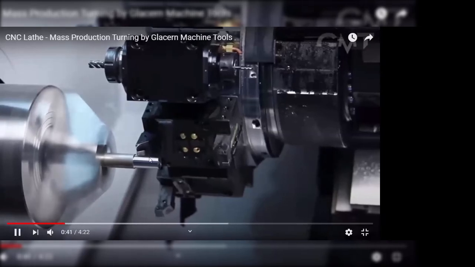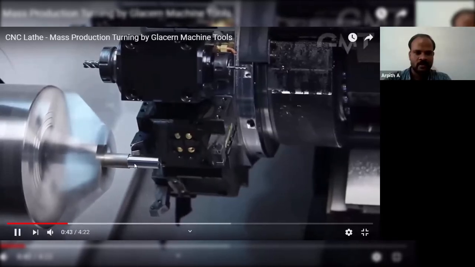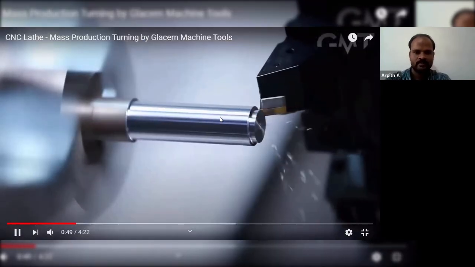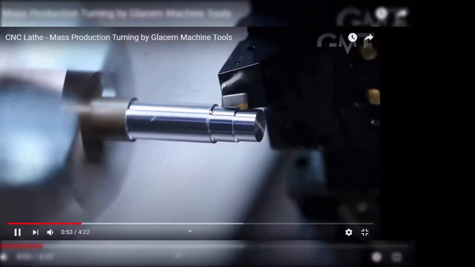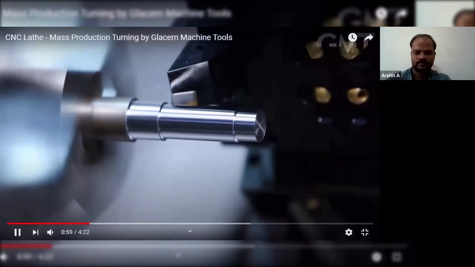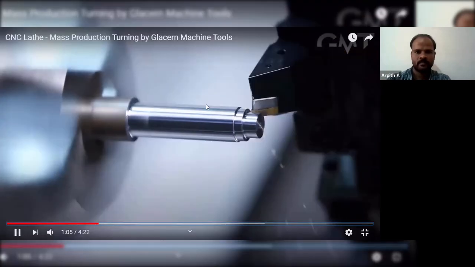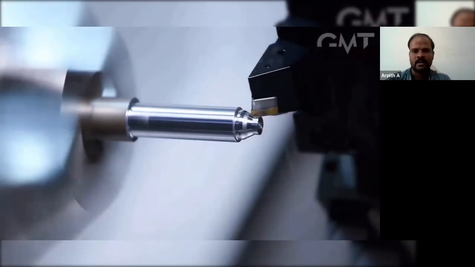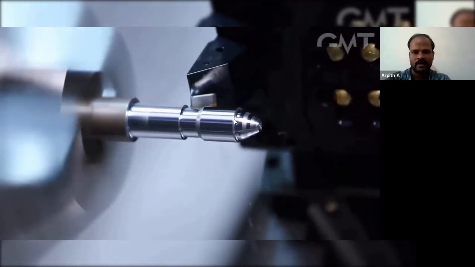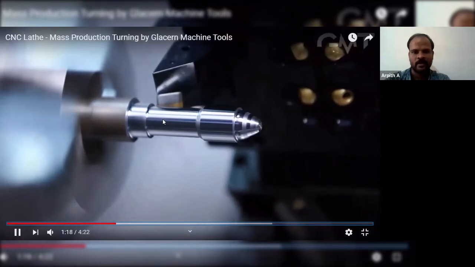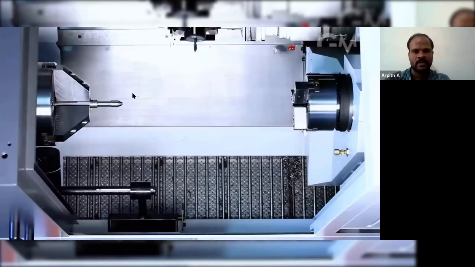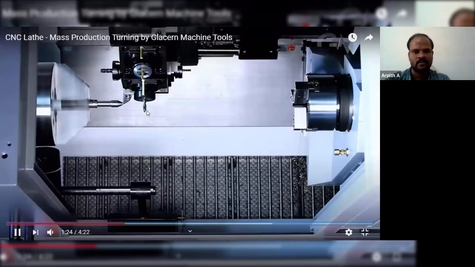First, the operation now is the turning operation, because the material is removed on the cylindrical surface, right? Yes, sir. Now it is doing the turning operation again. Still the tool has not changed. Now the tool has changed and it is doing one more operation. Now it has done the taper operation, taper turning, and again it is doing the step turning operation. Right? Now it will change the tool. You just see, right? The center has changed, no? Yes, sir.